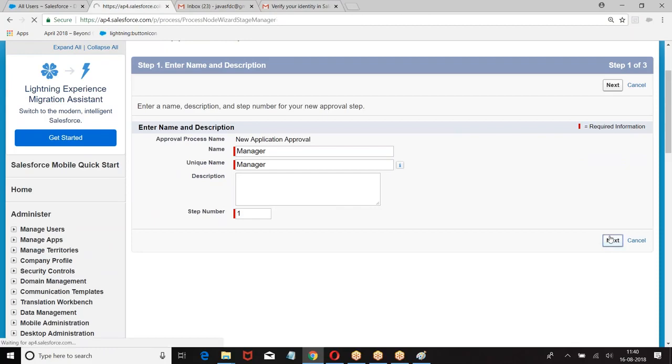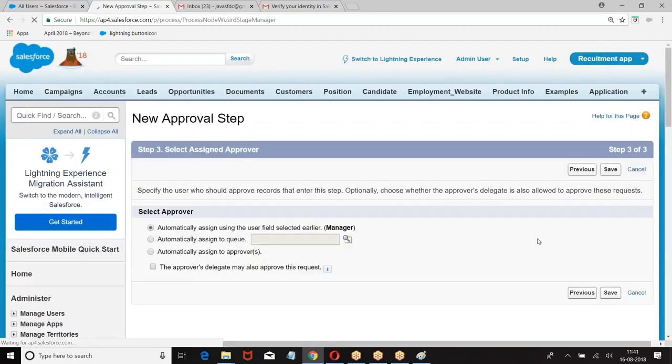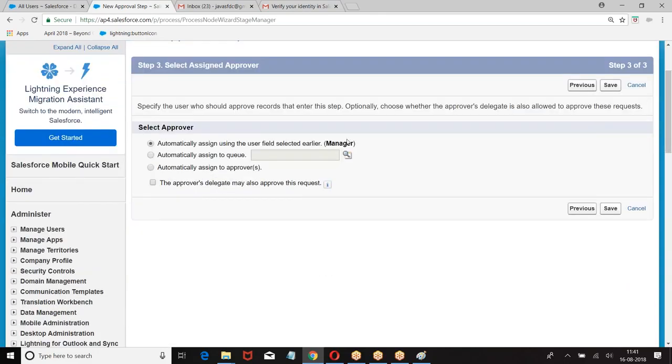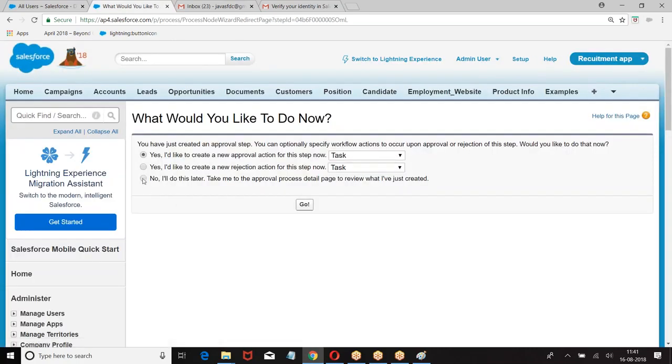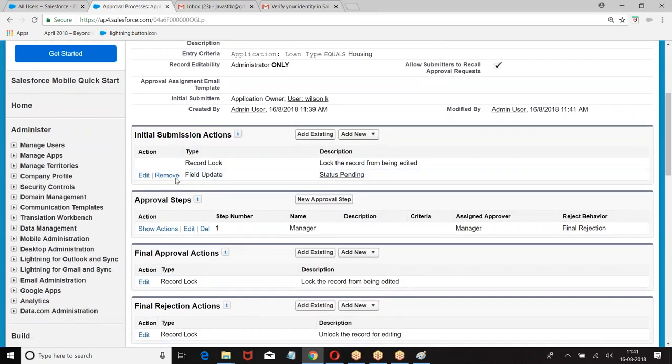Do you want every housing loan record to be submitted to this step? I told yes, every housing record should go to this step in which the manager has to approve. Who is the approver? Manager is the approver. If the manager approves, what do you want to do? Now, the step we have created.